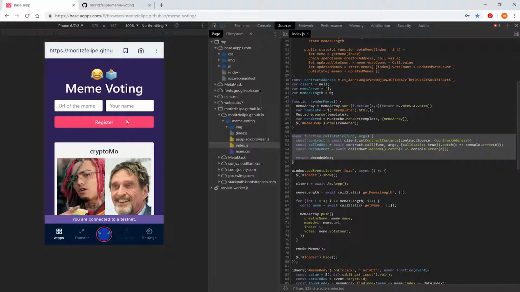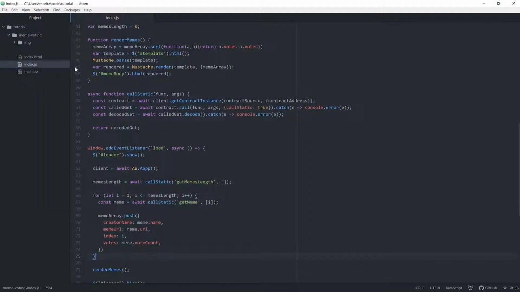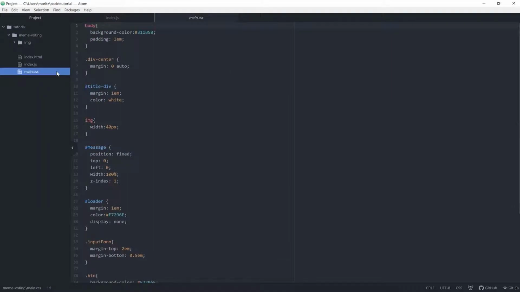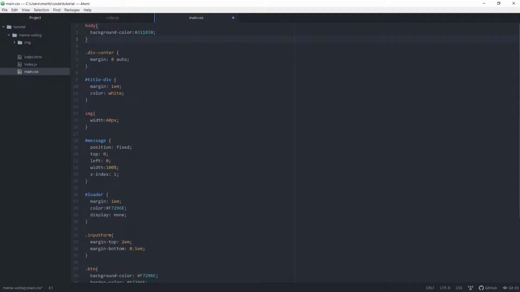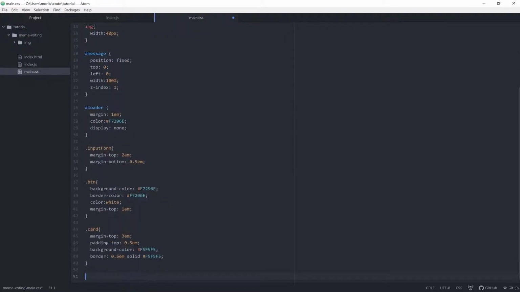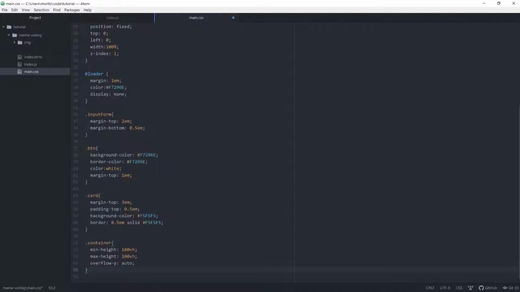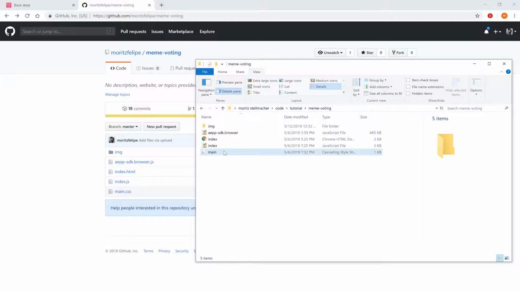But I can't scroll. This is a problem with the new version of the base app, so we have to adjust our CSS a bit. On desktop we'll have a scroll bar, but to make it look a little bit nicer and have everything a bit bigger, let's get rid of our padding in the body. Now for the container, let's make the height 100% of the viewport and let's set the vertical overflow to auto. So if we have more content to display, we will get a scroll bar.